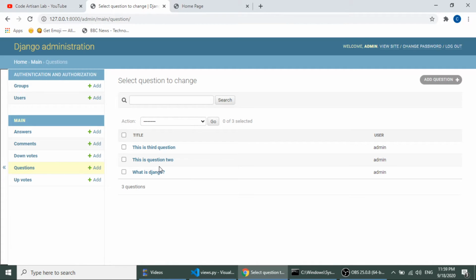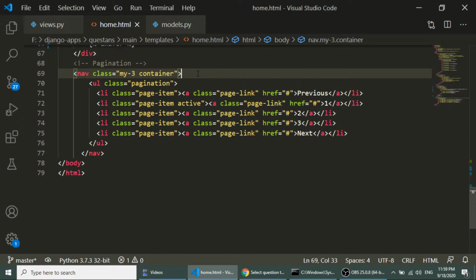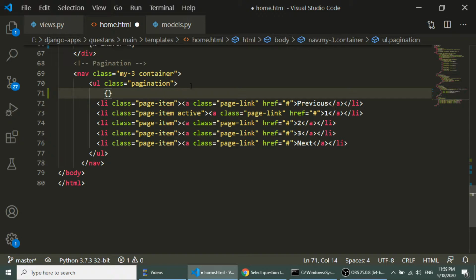Now we need to set the pagination link. So we will set this previous and next link. Here I will add the condition that if quests has previous, then it will show this previous link.